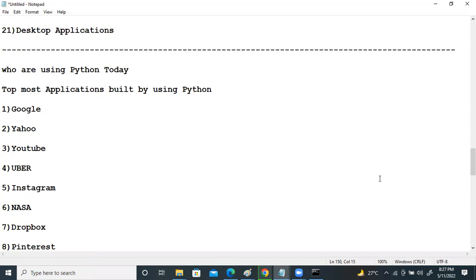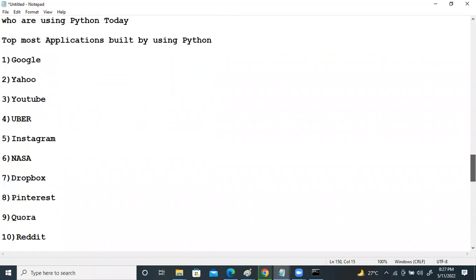Google is one of the best examples, one of the greatest examples of Python web applications. The first Google web crawling was written in Java, but it was too difficult, so it was rewritten in Python. Netflix uses Python for security automation and subscription, and uses Python libraries like SciPy and NumPy for numerical analysis.